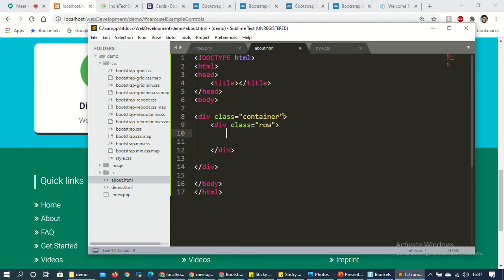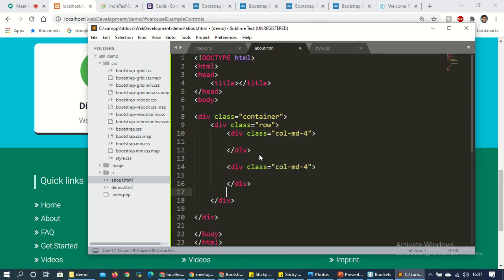Okay, and then again div, and div, then class is equal to col-md-4, and again we'll copy three or four times this one. Okay, so just paste.